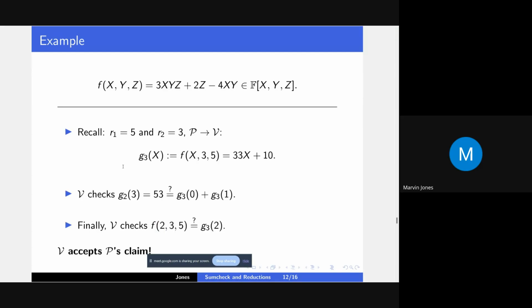Did that answer your question fully? Yeah, I think so. Thanks. Okay. And since this arithmetic checks out, the verifier celebrates and accepts the prover's claim. And like I said, there are multiple ways that you can do this. This polynomial is so short that you would just check it manually. But anyway,